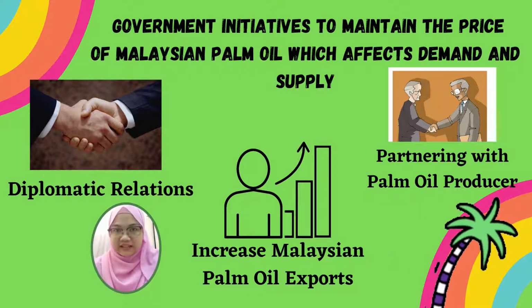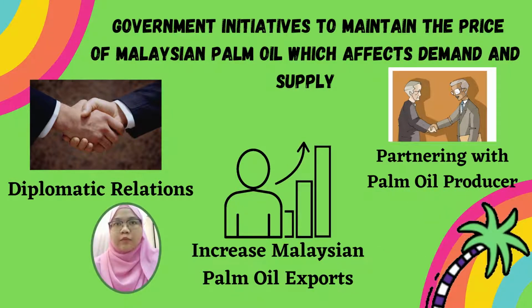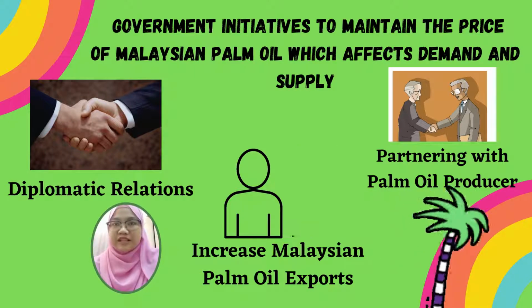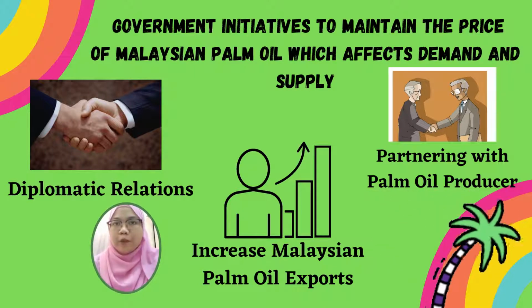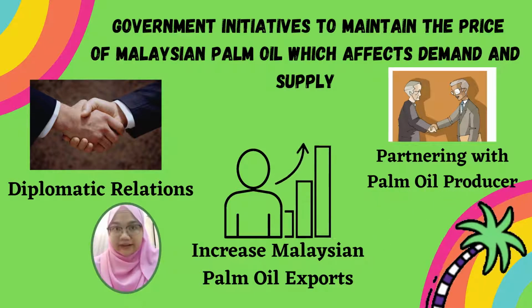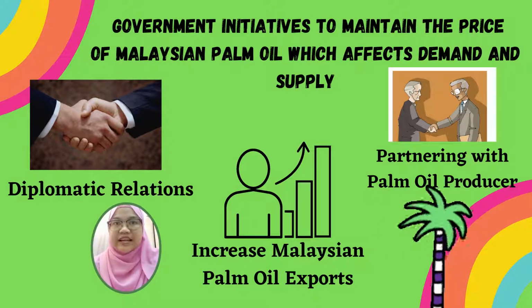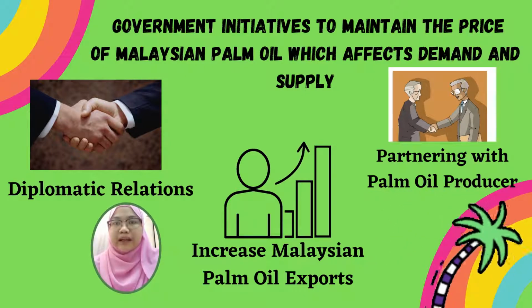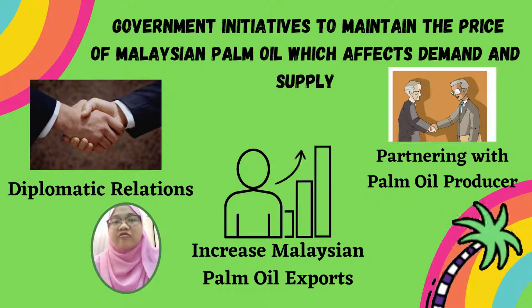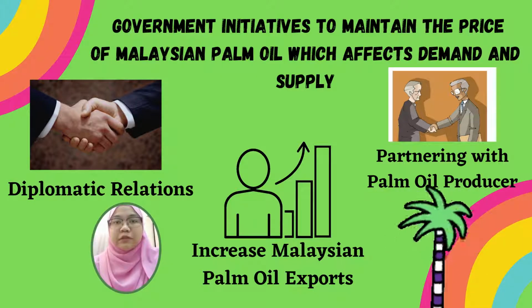Diplomatic relations. Export becomes stronger on a year-on-year basis because of the current government's good relations, especially with China and India. Both countries are the biggest buyers of Malaysian palm oil in the market. Good diplomatic relations with other countries are further supported by the government's initiative to completely exempt duty of various types of palm oil under the Penjana stimulus package.